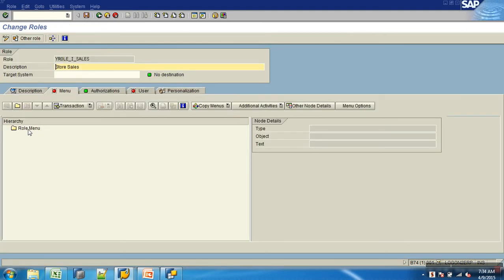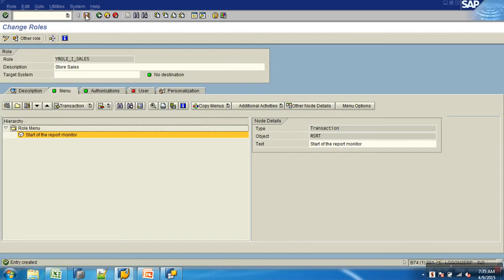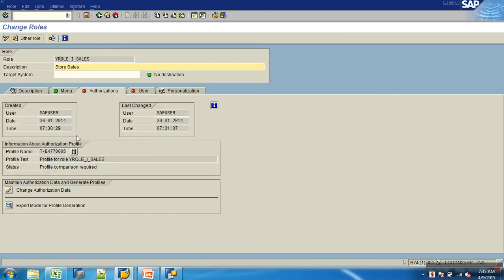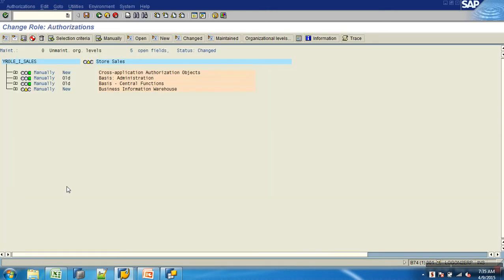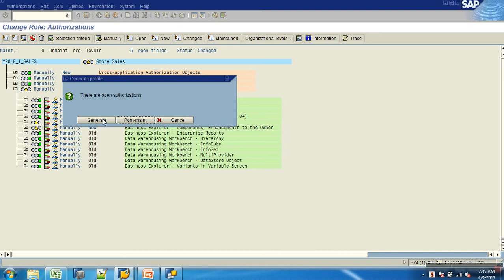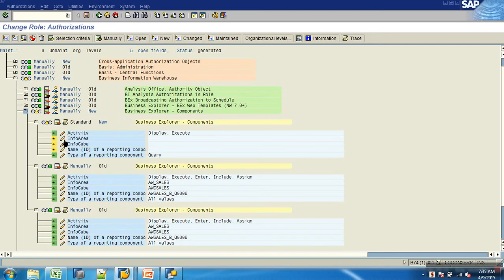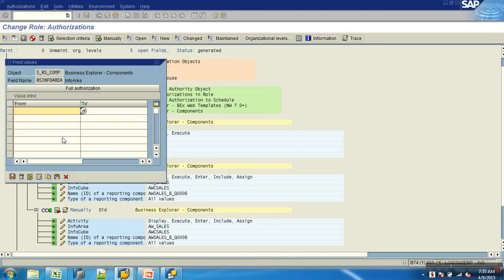But I forgot to add the T code, so I want to add the T code for running. Now I am adding the T code. Generate once again. When I do this, there is one more setup that comes in the info area.